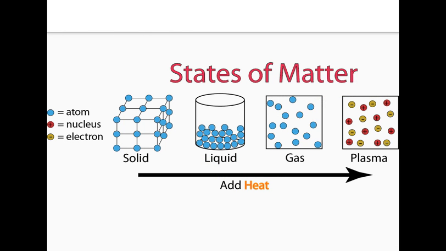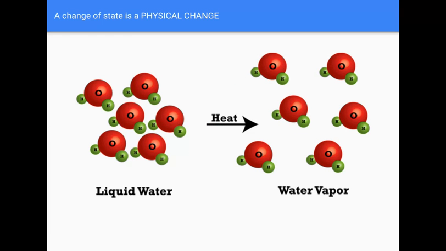So we have different states of matter, and states of matter are solid, liquid, gas, and plasma. Plasma is an ionized gas, like what the sun is. And we know that going from a solid to a liquid and a liquid to a gas or to plasma, if we add heat and go this way, we're making the molecules or the particles move faster, and so they get farther apart. And if we take away heat, if the temperature decreases, then we can freeze or condense materials. And this change in state is a physical change.